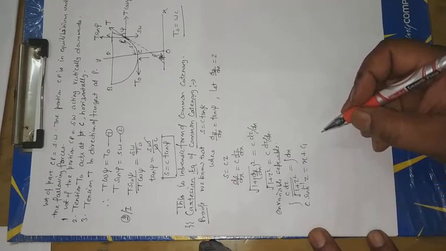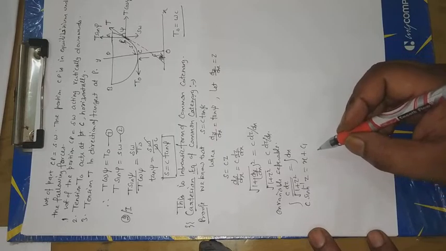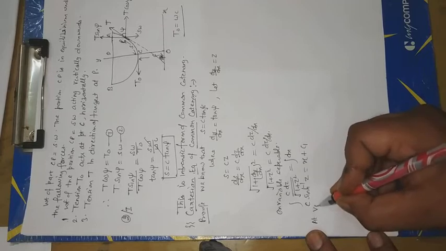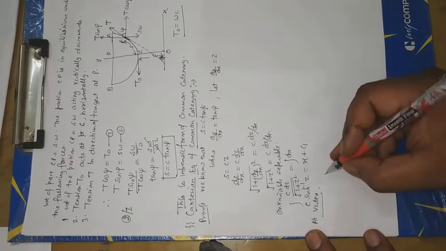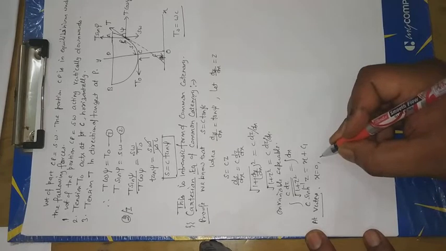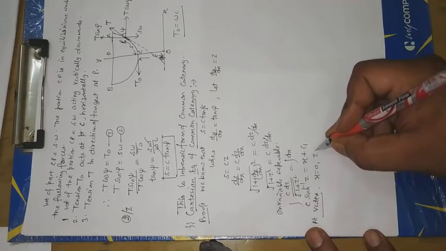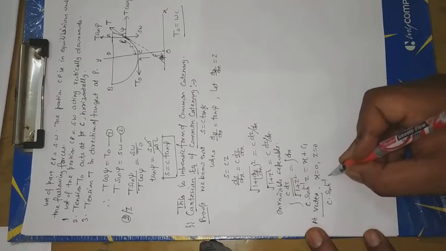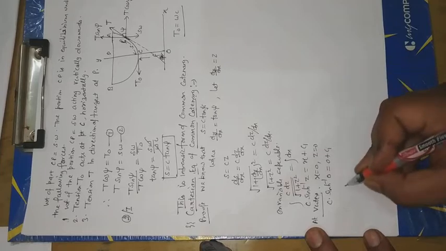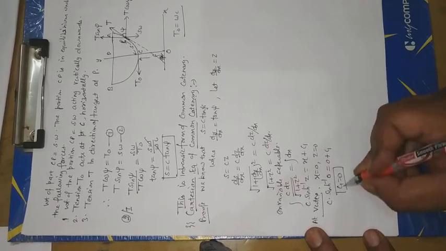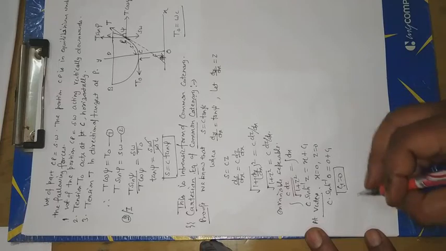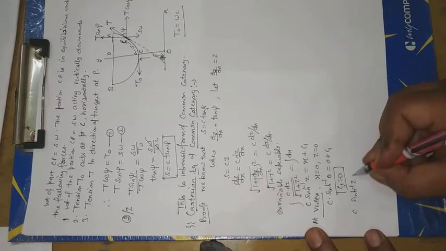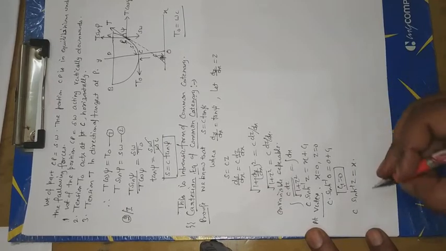Now we can calculate the value of constant C1 at the vertex, where x is equal to 0, that is z is equal to 0. Now C sin h inverse 0 is equal to 0 plus C1, that is C1 is equal to 0. Okay. Now we can write C sin h inverse z equal to x, that is z is equal to